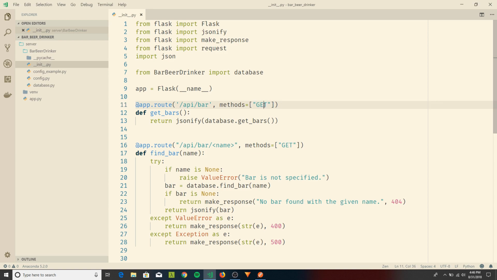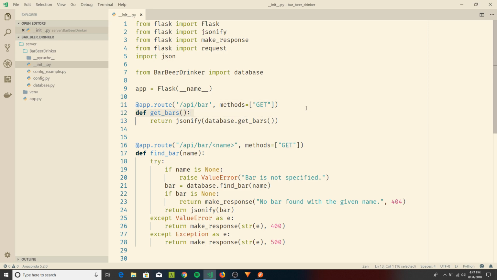And typically a GET request I recommend for generic requests where you just need to do a simple query and return. If you need to process a body of data such as input text and a bunch of other information from the user, all from a form, then you'll want to use a POST request, which I will also show you in a little bit. As far as this GET request is concerned, to get the list of bars,